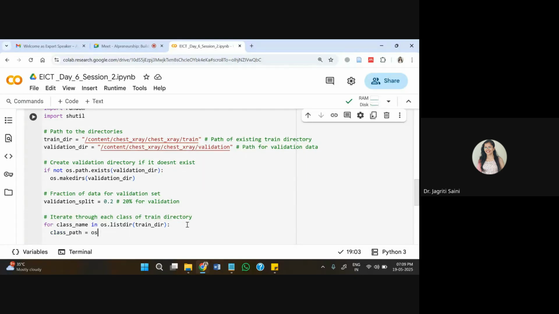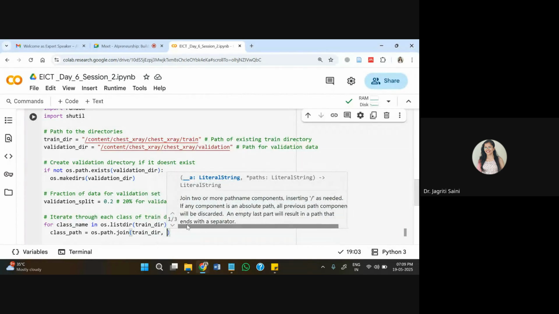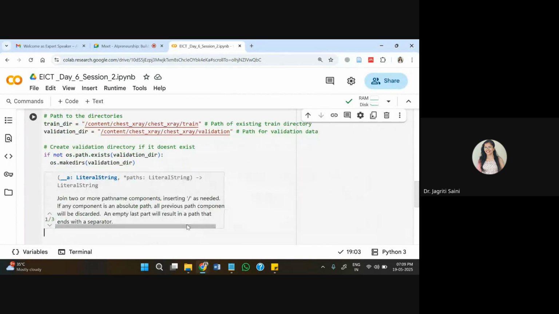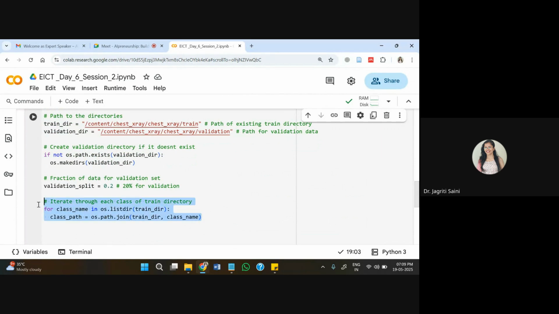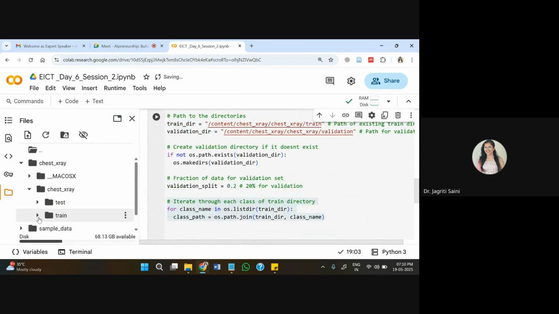class path join with the help of train directory and class name. So we'll just create a connected path for this information. Because observe what we have here. Inside this train directory, there are two folders. So these are two classes of your data.